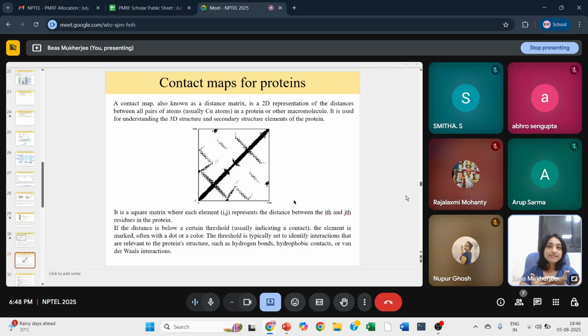Okay, so let's look at contact maps. Now, contact map is something that is a 2D representation. Now, this is important for one of the MCQs that was previously asked by NPTEL, and all the MCQs that we will be discussing here are either previous year's questions or questions taken from different sources, which can be a different NPTEL course that I took. It can be other questions, it can be new questions as well.